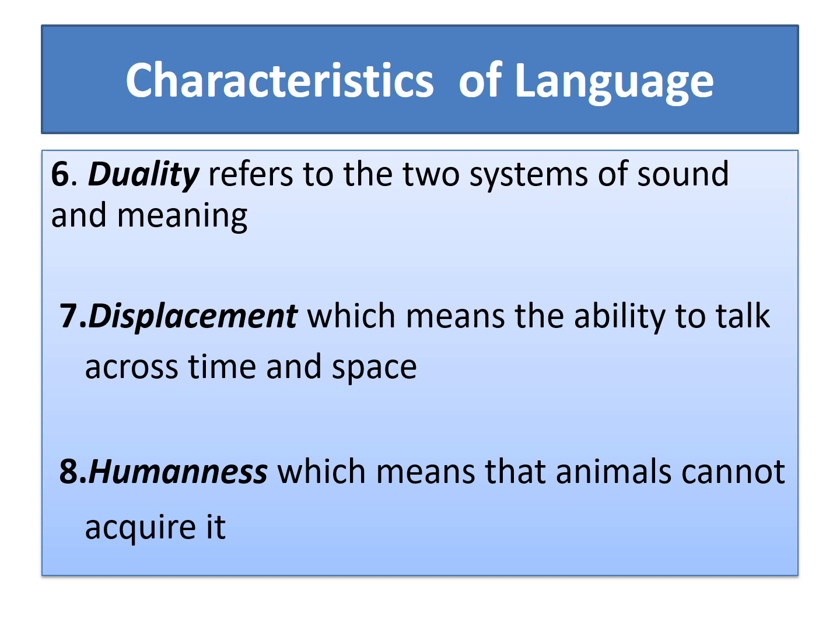Duality refers to the two systems of sound and meaning. Basically, language has to be studied at two different levels. The sounds of a certain language, right? And the meaning of what these sounds mean. For example,